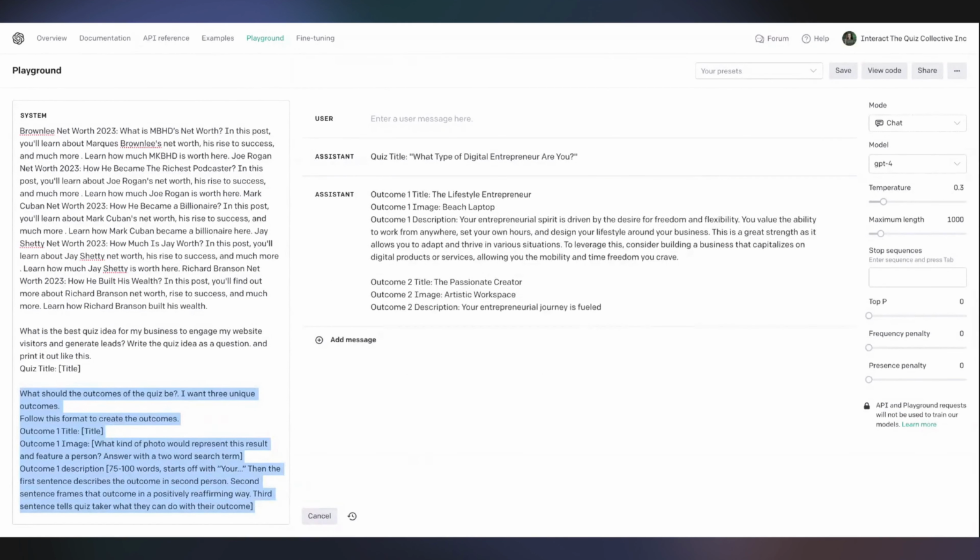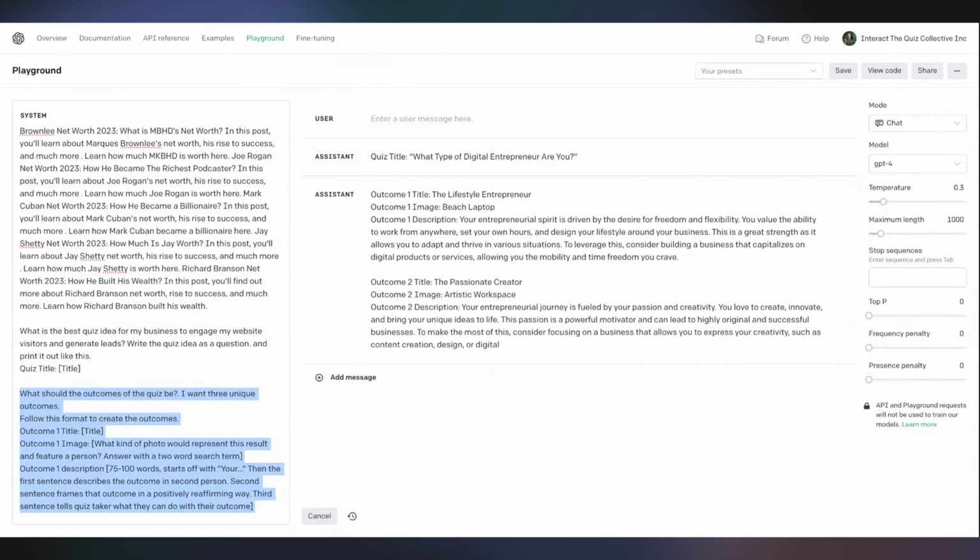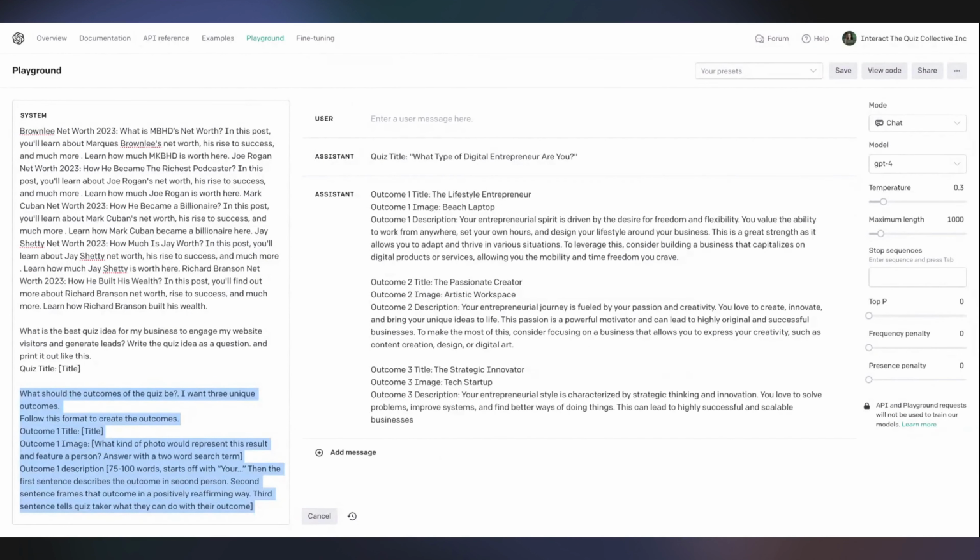The type of digital entrepreneur you are is a lifestyle entrepreneur, a passionate creator, which I definitely think fits within your audience, and the strategic innovator. I asked for 3. If you wanted, you can see though, like if you wanted to change that to the affiliate marketer, the passionate creator, and the email marketer, something like that,